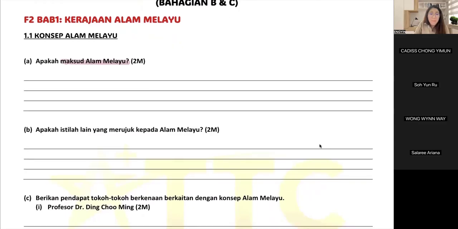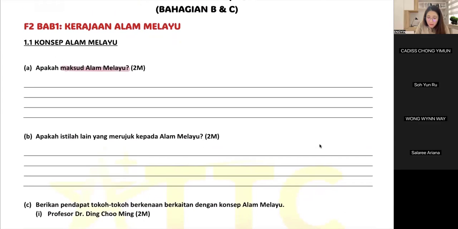For example, this question, apakah maksud alam Melayu? Maksud alam Melayu is the keyword. Whether the first word is apakah, jelaskan, nyatakan, berikan, whatever, the keyword is maksud alam Melayu. And I told you already, alam Melayu is a place. So please don't tell me it's a thing or an orang. So alam Melayu is a place. So we say maksud alam Melayu ialah